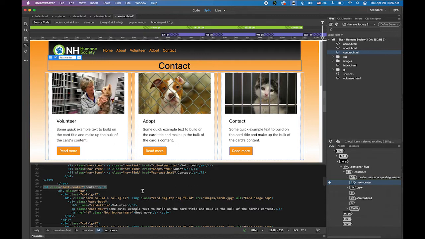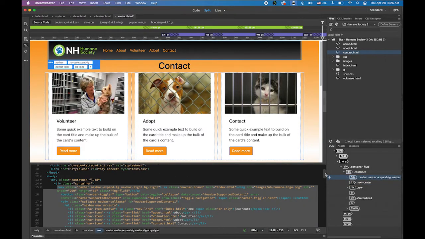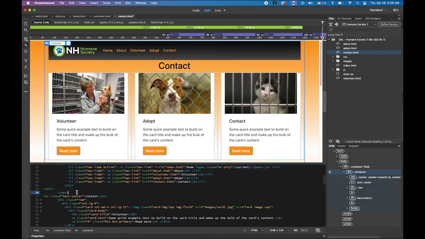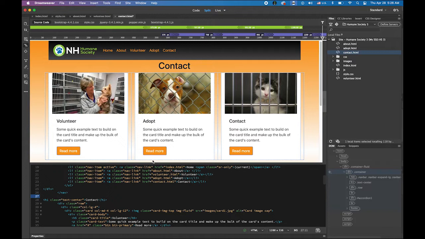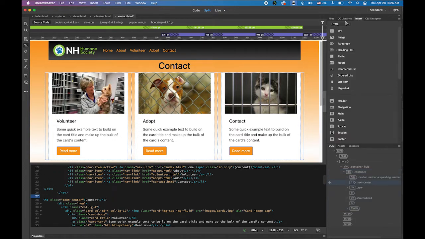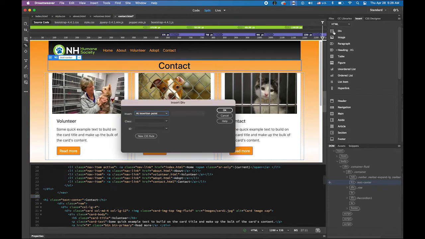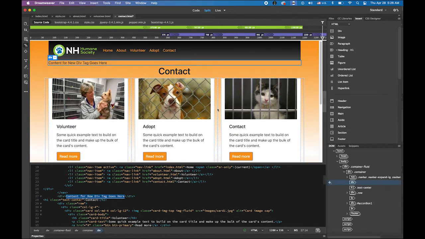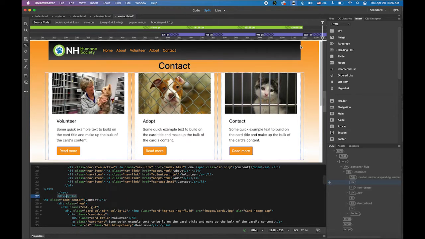So after navbar, scroll down. After the navbar, hit the return key to break the line, and then go to insert menu, HTML, div tag, okay. Then in this div tag, delete the content and insert the image,